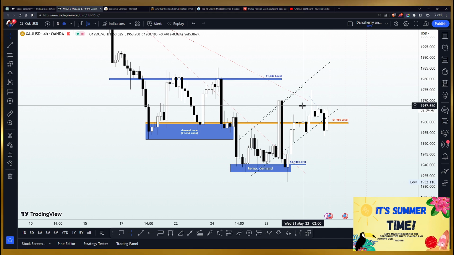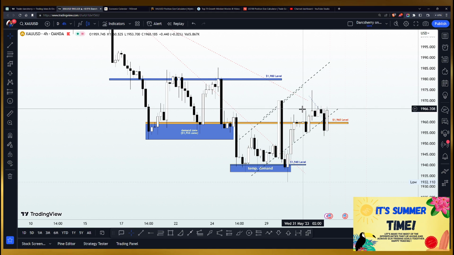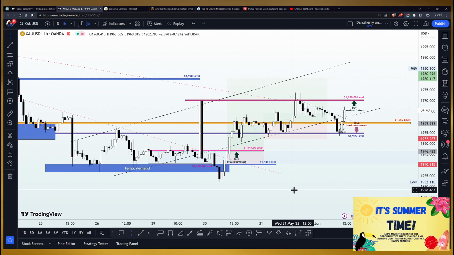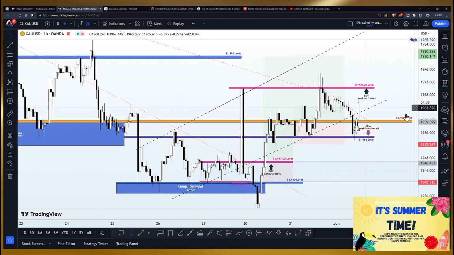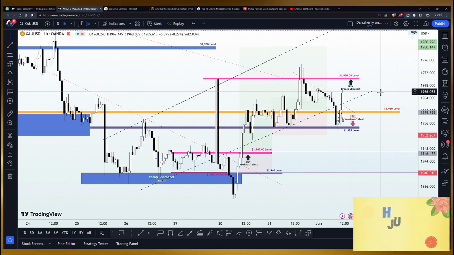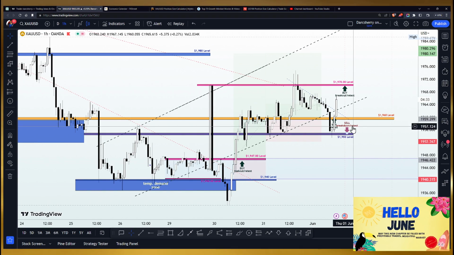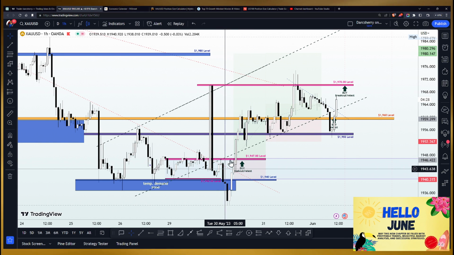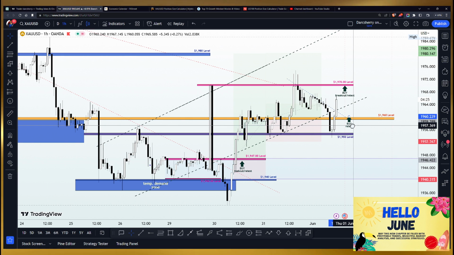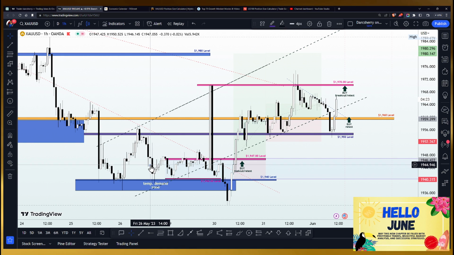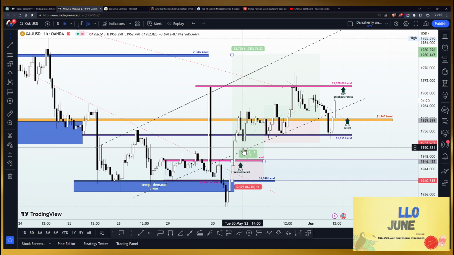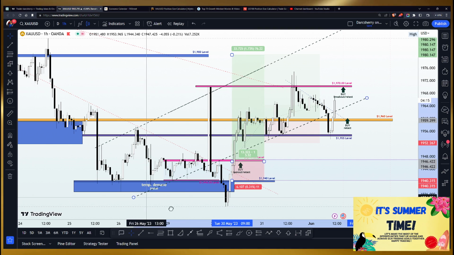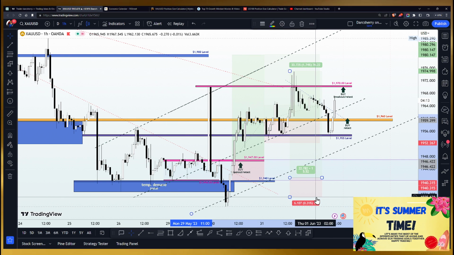So with the information we have here on the 4 hours time frame, let's scale back down into the 1 hour time frame so that we can make a well-informed decision ahead of the New York session today. So right now we are back on the 1 hour time frame. I would like to do some deleting here so that we have a clean chart. So let me see one of the illustrations here that are not necessary. I just delete them so that we can have a clean chart. Okay. So let me see, will this trend line still work? Hold on a second, please. Okay, I don't think it will.